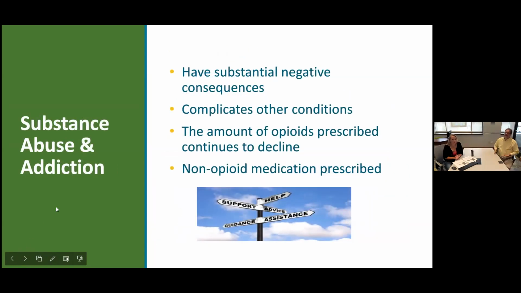And substance abuse and addiction. No question, it has some substantial negative consequences. It complicates other conditions, what we just listed: the visual, the traumatic brain injury, the hearing, the mental illness. If a person is using substances, using alcohol, for example, or harder substances, illicit drugs, to deal with their mental illness, to deal with the pain that maybe the brain injury is causing in their body, to deal with the grief of loss of function,